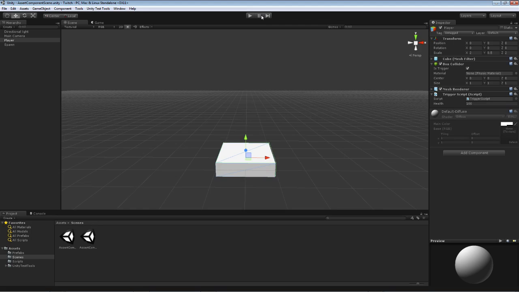Say I was an artist or a designer, or maybe just someone who didn't understand code all that well. I can still use these tools to build asserts without necessarily knowing about coding, right? So what I'm going to do is,